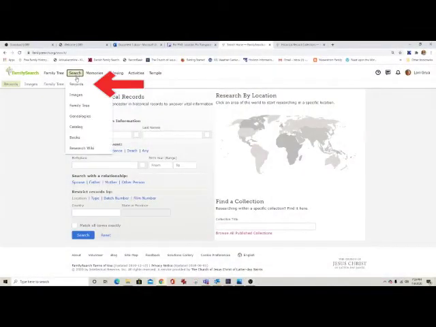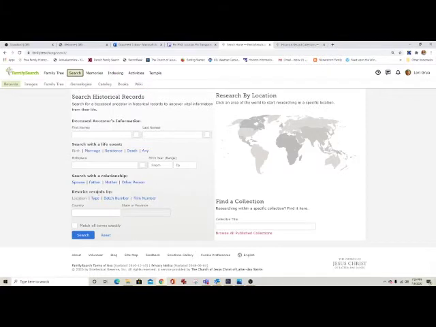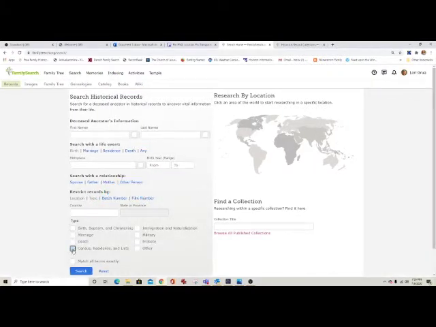Under the Search tab, select Records. Search for specific record types under Type. Click on Type and select Census. Add a few details about your ancestor in the fields above. Hit Search. My favorite way to find the census records is by this hidden little area called Browse All Published